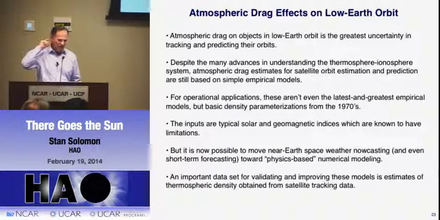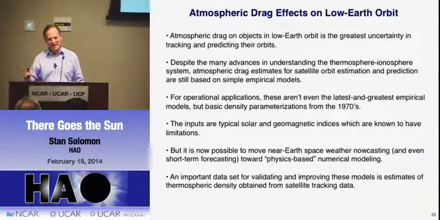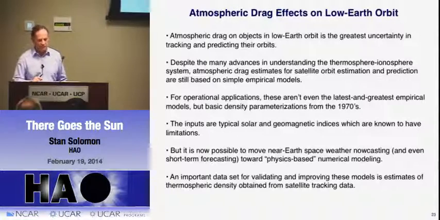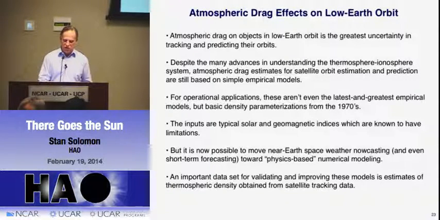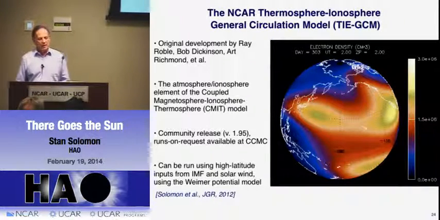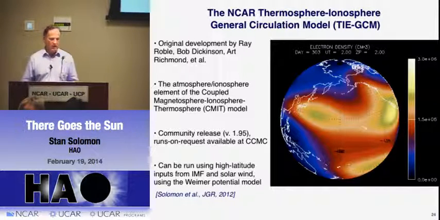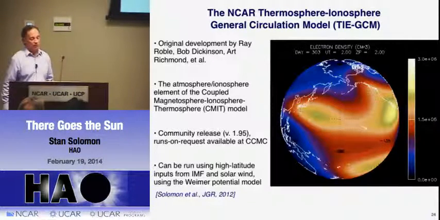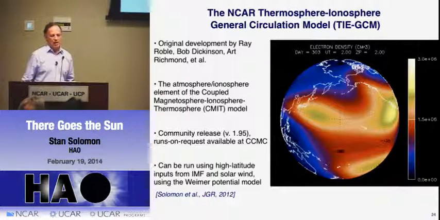Now, ironically, I don't know if it's ironic, but to close this circle, it turns out that one of the best ways we have to improve our models, to validate our models, to understand if our models are doing anything realistic at all, is the tracking data from those very objects that we would like to be able to help the DoD track. Because by looking at the change in orbital elements, you can infer what the atmospheric density is doing. Now, the model that we have been using mostly to try to compare to satellite drag observations is the NCAR TIE-GCM, originally developed by Ray Roble, Art Dickinson, Art Richmond, and the whole team here. It's the